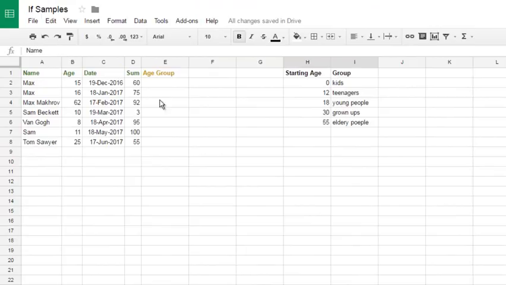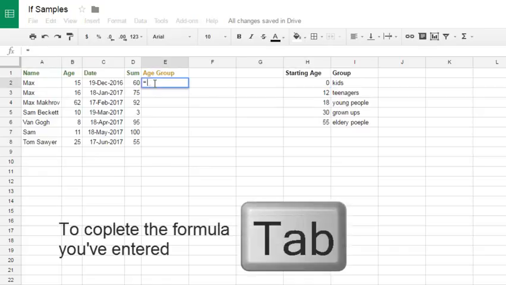We're in the sample file. Here is some data. We have names, age, and some other data here. Age group. Let's see what we have when they are kids, if they are from 0 to 12. So less than 12 is also kids. So let's paste the formula. IF